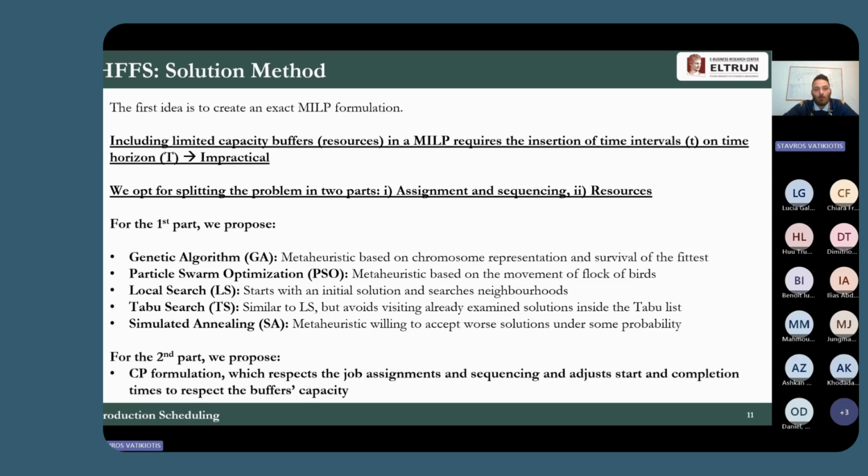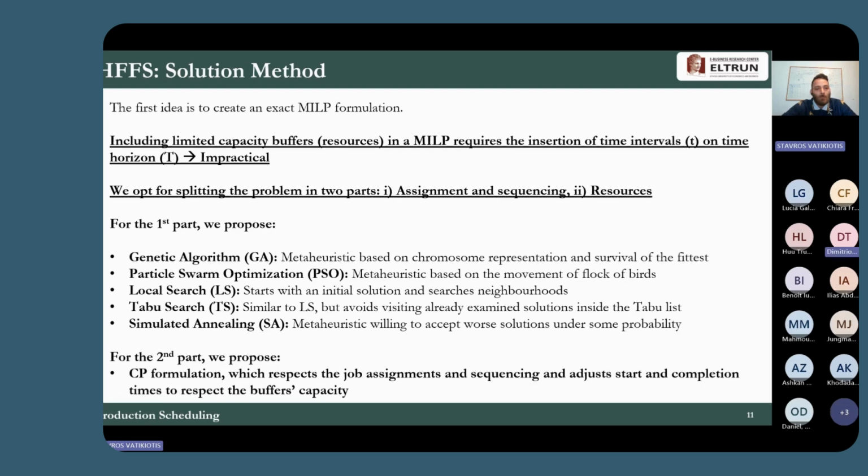We then have the particle swarm optimization, which imitates and is based on the movement of birds within a flock. Then we have a very typical local search, which starts with an initial solution and then tries to explore the neighborhood, being the closest solutions to it. We have also a tabu search, which has a similar logic to the local search, but it avoids visiting already examined solutions, which are stored inside the tabu list. And finally, we have a simulated annealing algorithm, or SA, whose main advantage is that it is willing to accept worse solutions under some probability,